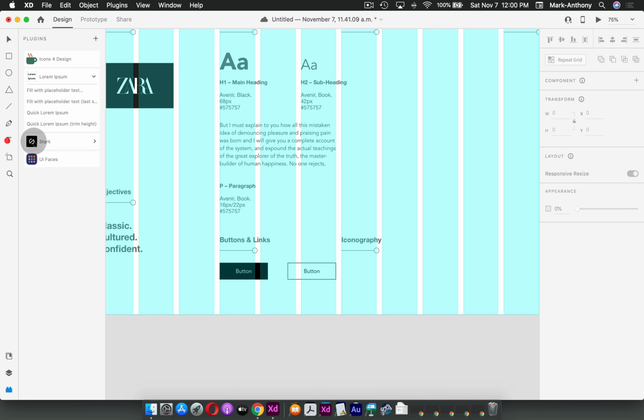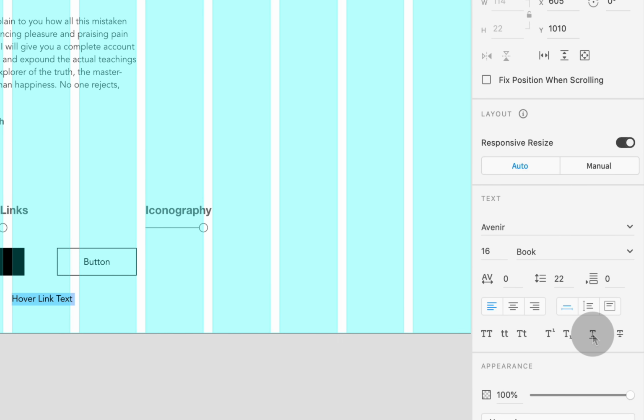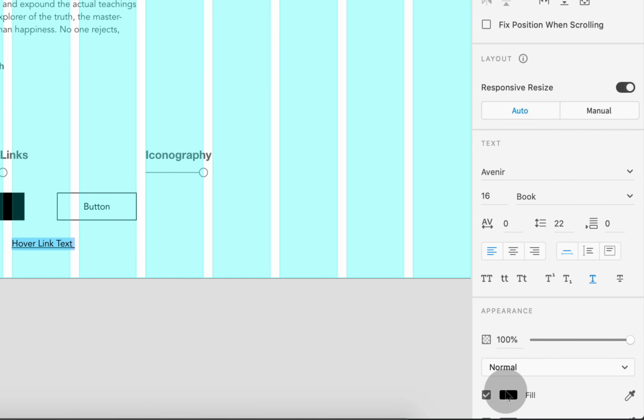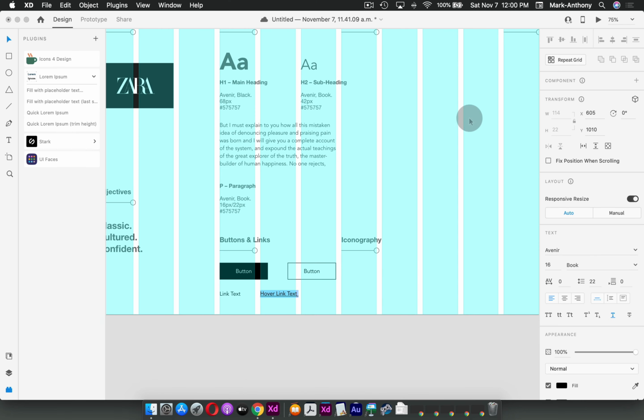Right underneath, I can just grab my type tool again, and I'm just going to click on this and type link text, and then I'll just do an option drag, and I'll style this to be my hover link text. So again, I can maybe have like an underline on it. I can also maybe change its color later on, but I'll maybe sample the color once I put in my